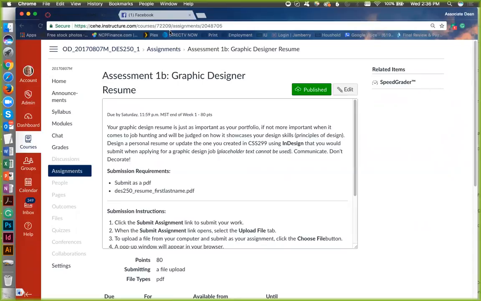Now, does this mean that we should be using Microsoft Word? No, it does not. It means that we should be using the software that we've been using throughout our degree program to show our skill sets, right? It's your first chance to impress the employer.